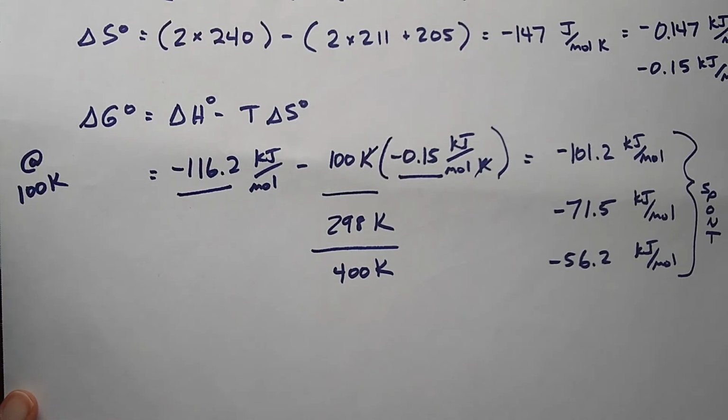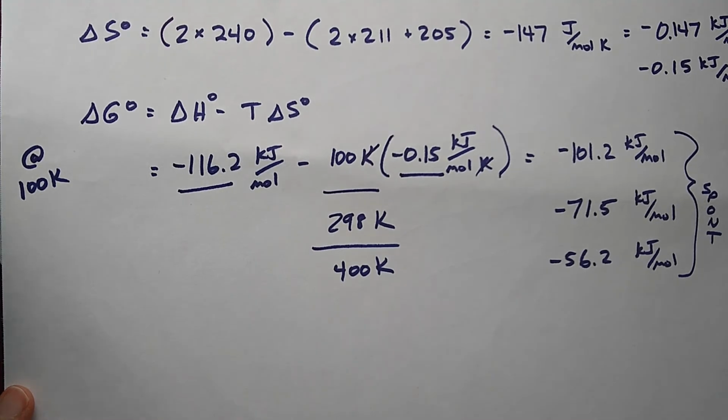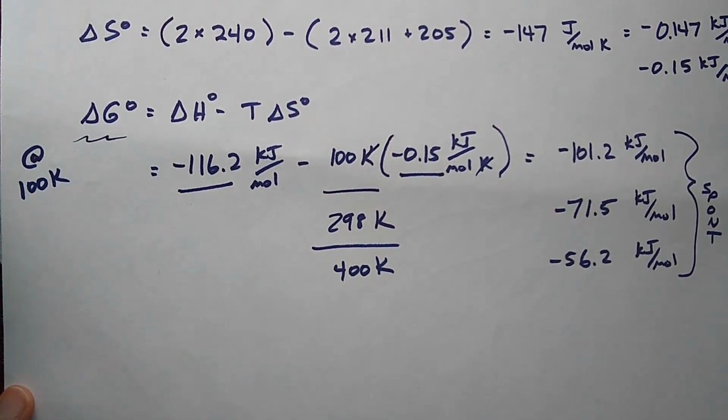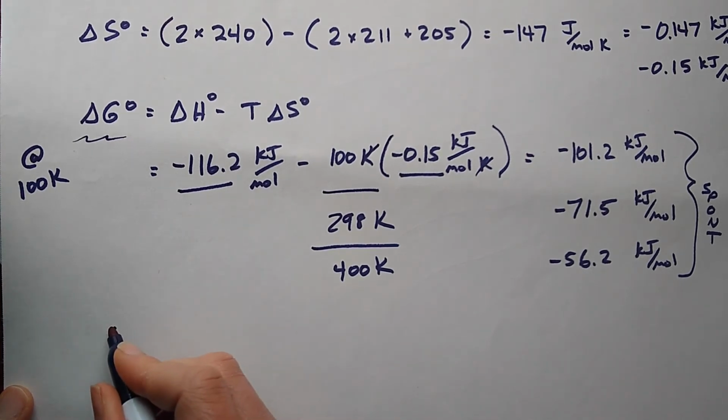To figure that out, we can substitute in a 0 for that delta G term, because that's when the reaction becomes non-spontaneous, when it has no free energy. So let's go ahead and calculate that. That wasn't actually part of this problem, but let's do it anyway. If I substitute in a 0 for delta G,